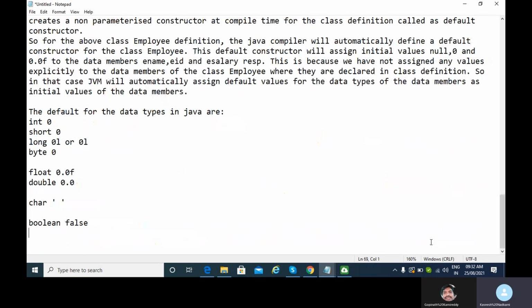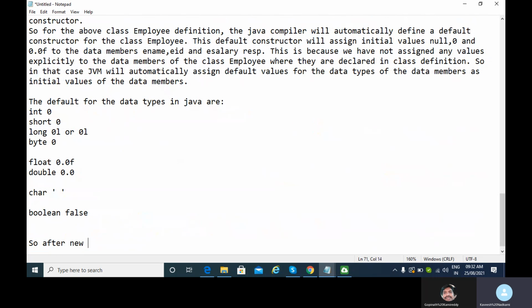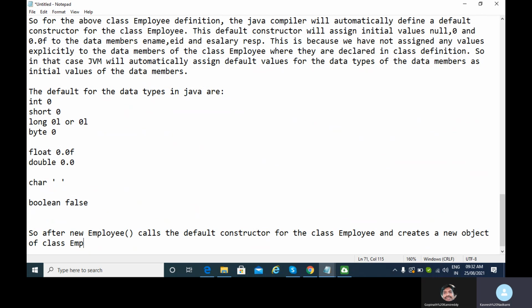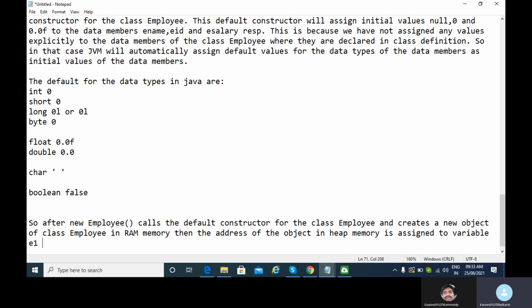So what is this e1 now? After the new Employee, this expression calls the default constructor for the class Employee and creates a new object of the class Employee in RAM memory. Then the address of the object in the heap memory section of the RAM memory is assigned to the variable e1, declared using the class type Employee.